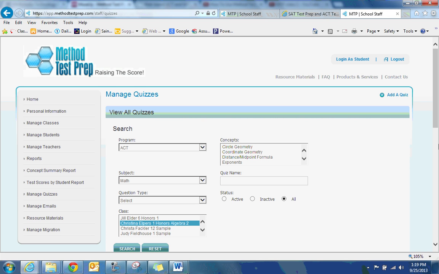You can use it as an assessment for that skill. So if we just did circle geometry and I want to see, do they know it? How well do they know it? I can assign this quiz on circle geometry just to get feedback on that skill. You also can just add in test prep throughout